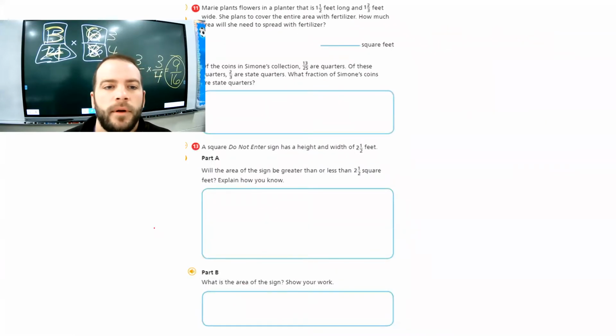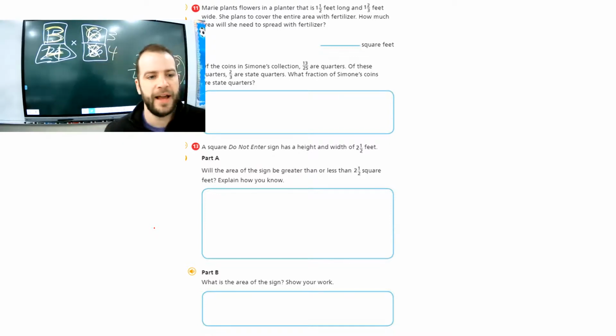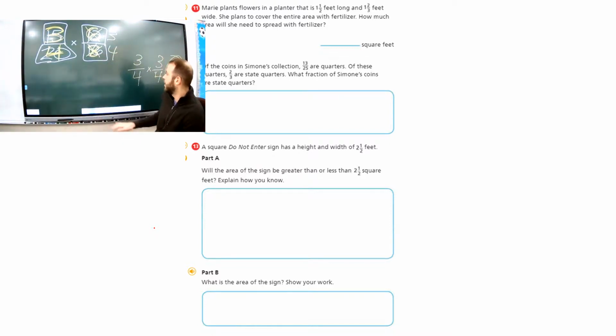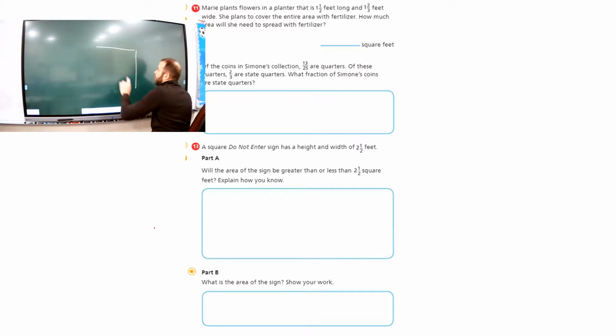All right. Marie plants flowers in a planter that is 1.5 feet long and 1 2/3 wide. She plans to cover the entire area with fertilizer, but she needs to figure out that area. Well, how do you find area? How do you find area? Well, you multiply the length and the width to find area. So if it's 1.5 long and 1 2/3 wide,